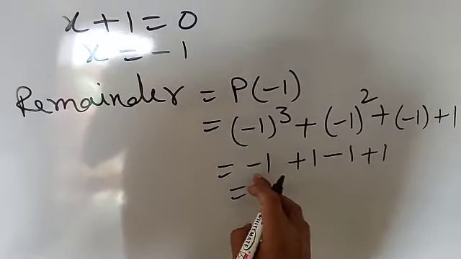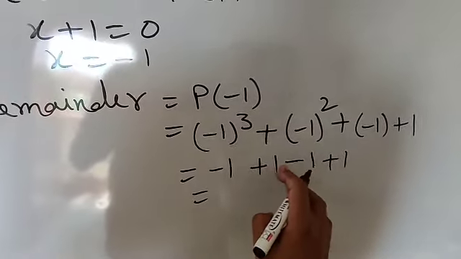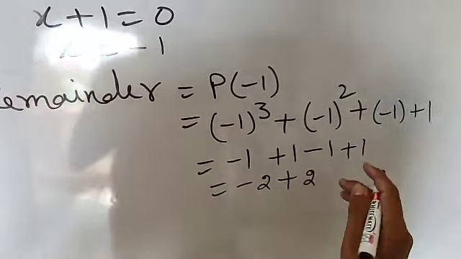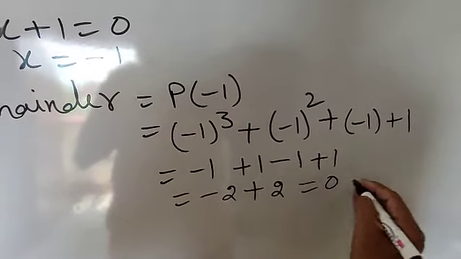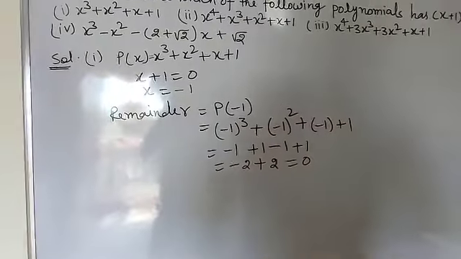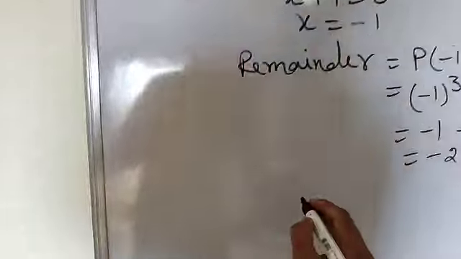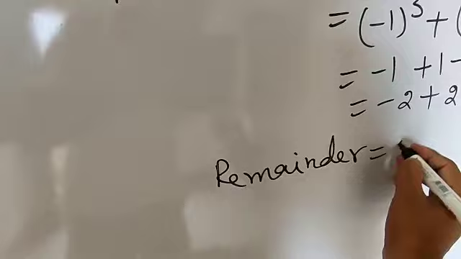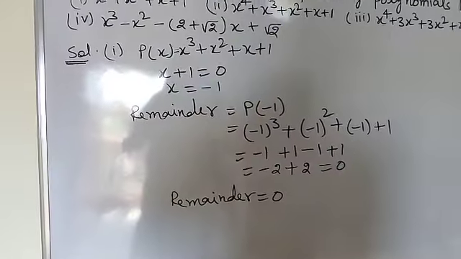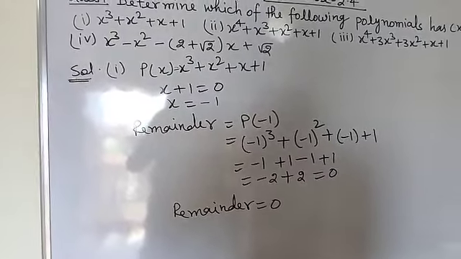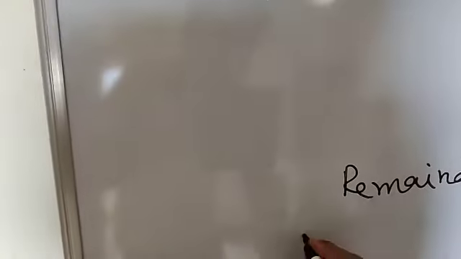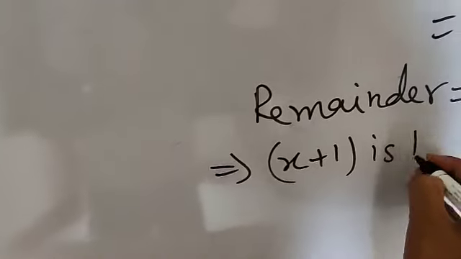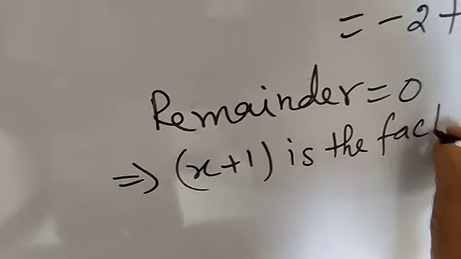Now it is equal to minus 1 minus 2 plus 1 plus 1 plus 2. So minus 2 plus 2, and it is equal to 0. So here you are going to get the remainder equal to 0. And if you are going to get remainder 0, it means x plus 1 is the factor. So here you can write, it shows that x plus 1 is the factor